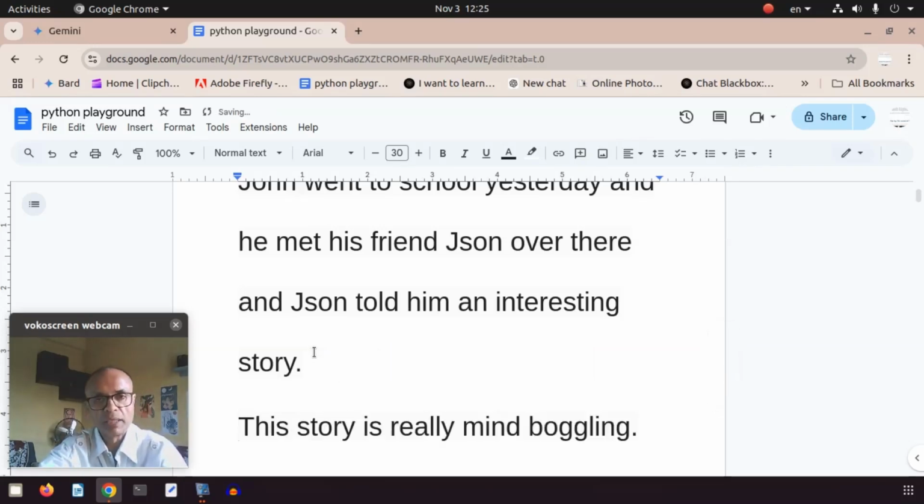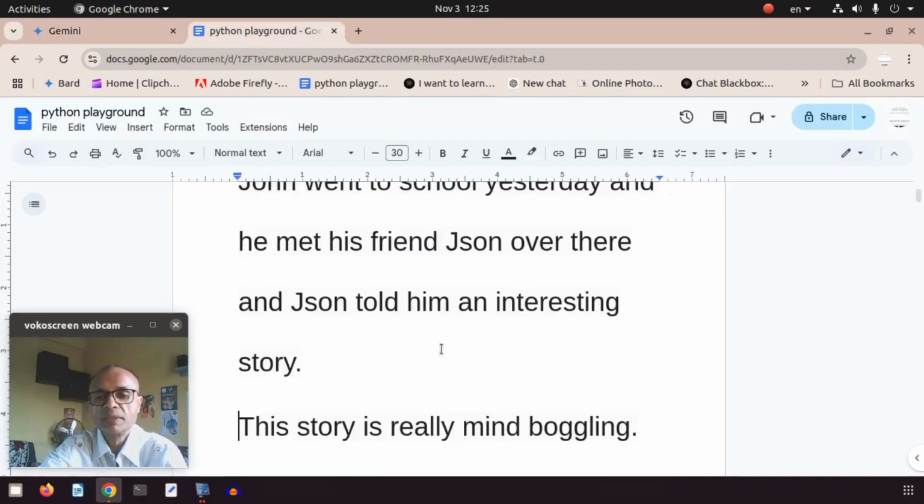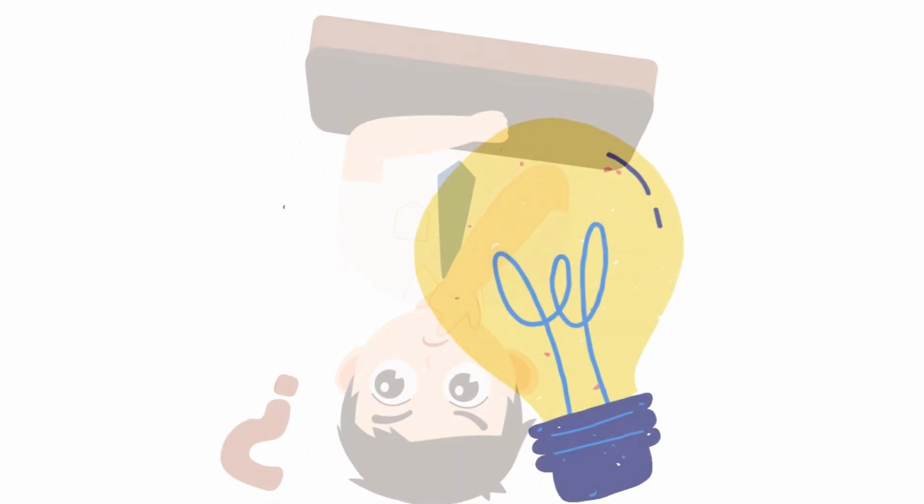I can use a paragraph here, and what I had done, I just took over the grip of the sentence from John to the story. Now I am telling something about the story. Okay, so that is the way you need to use these nouns, pronouns, etc. So this is here demonstrative pronouns, because now it demonstrates something about the story, not about John or Jason, right? So we are involving ourselves with the story now, and the